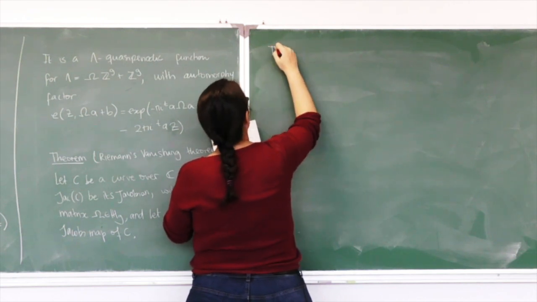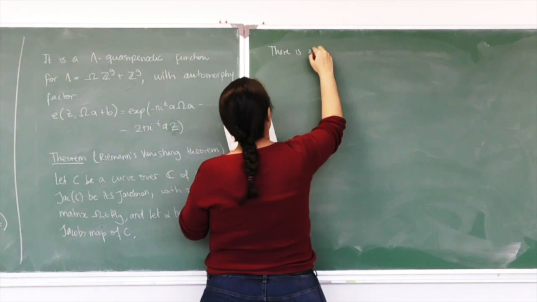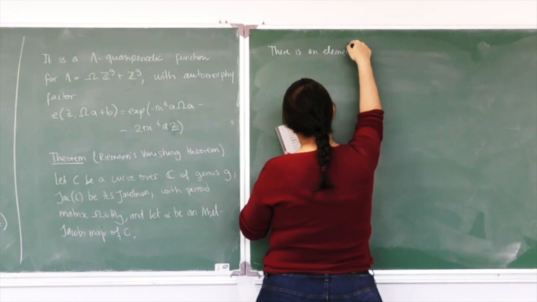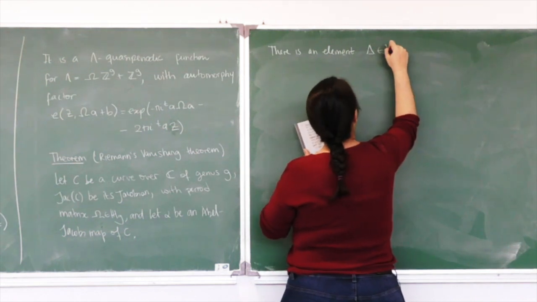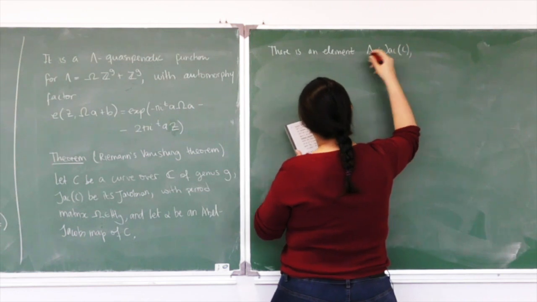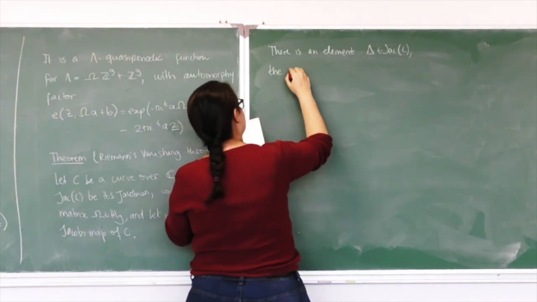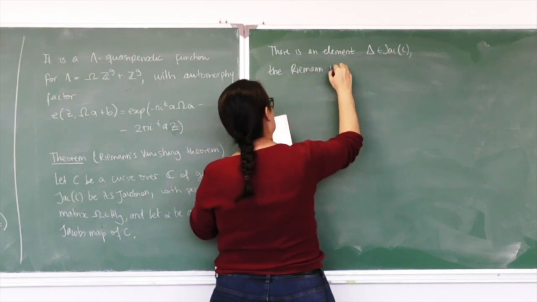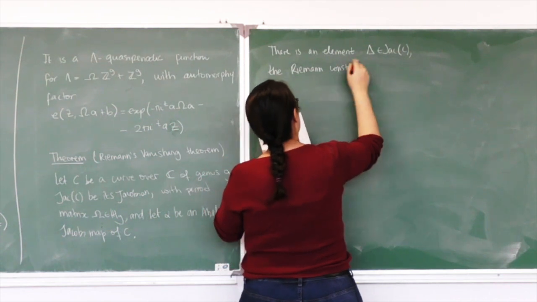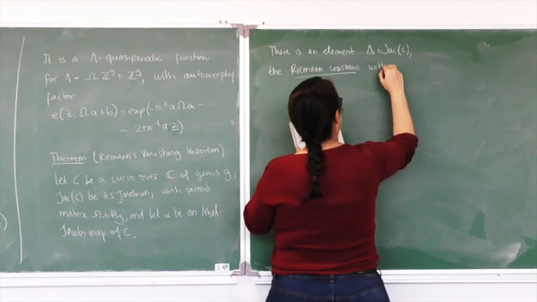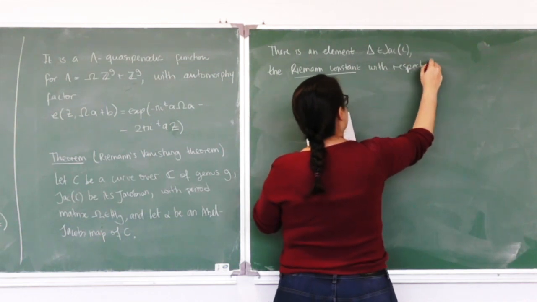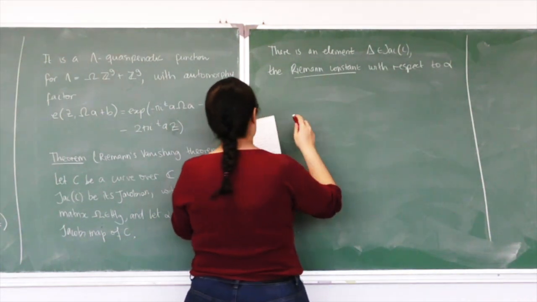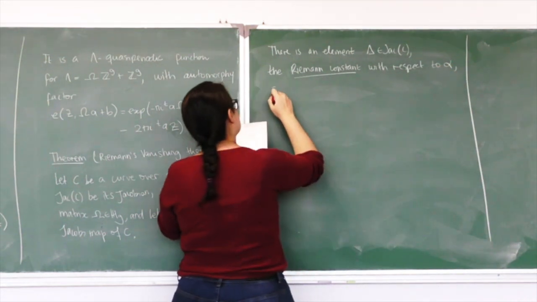There is an element delta in the Jacobian, the Riemann constant, with respect to alpha, such that